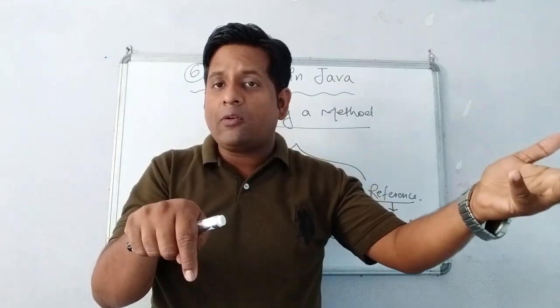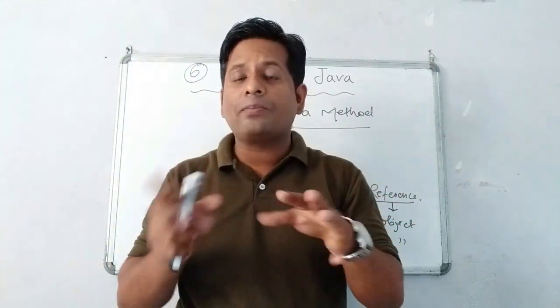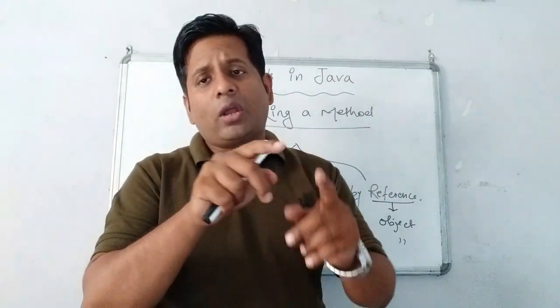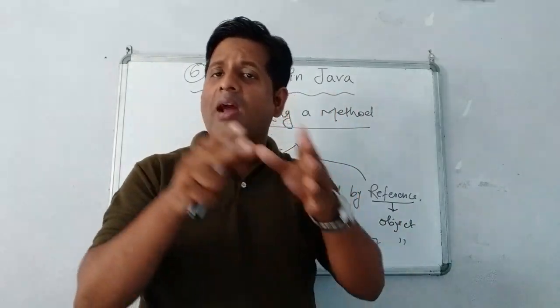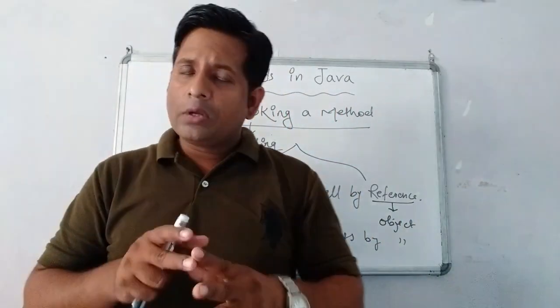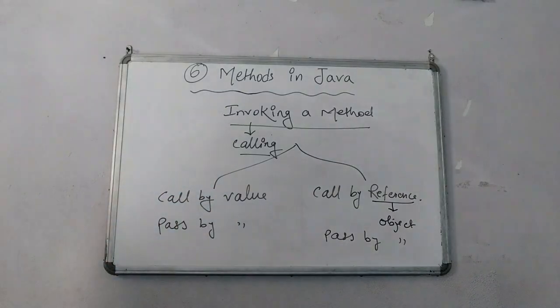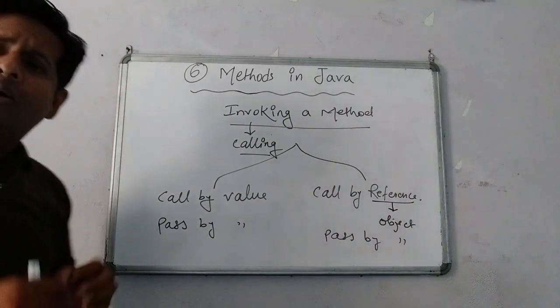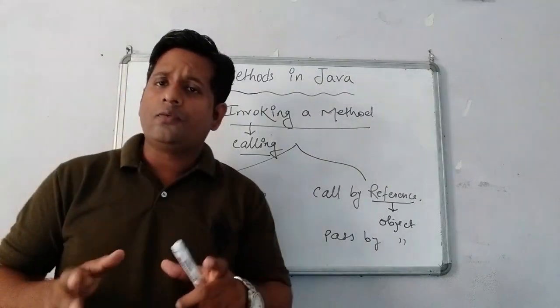If someone will call me but I will not pass, no use. So calling and passing both go simultaneously. For calling or passing any method, you can use two different techniques, that is reference and value. Okay children, see this example once again. We can call the methods in two different ways, through value and through reference. It is up to you what technique you use in a program. Clear children? Now let us see some more terms related to methods or functions.